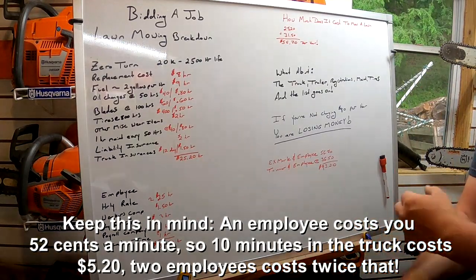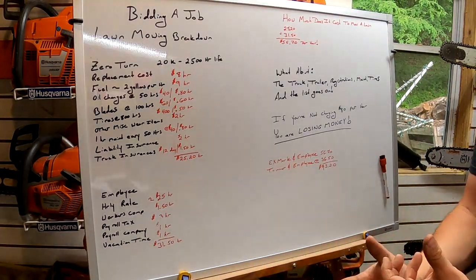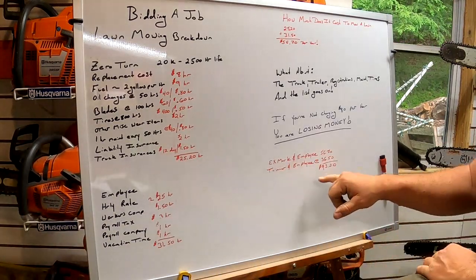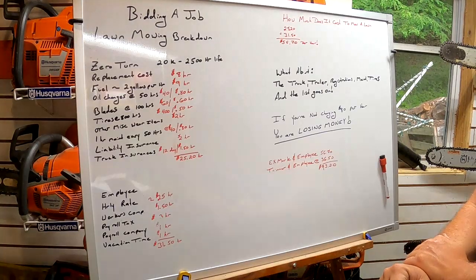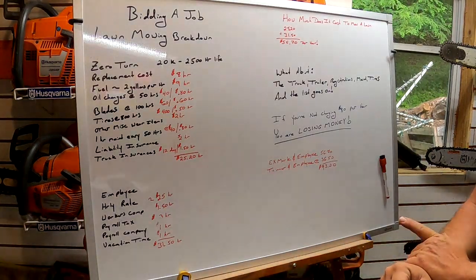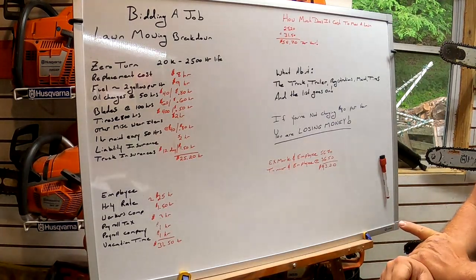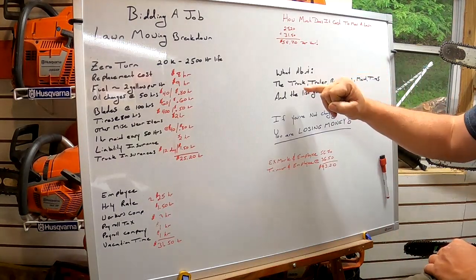So if you're doing a $60 an hour base, let's say that's kind of what you're running your bid at, this would be a $120 lawn, right? Which is a $26.80 profit. I will say that you're probably not making money at that either, because purchase price of the truck,